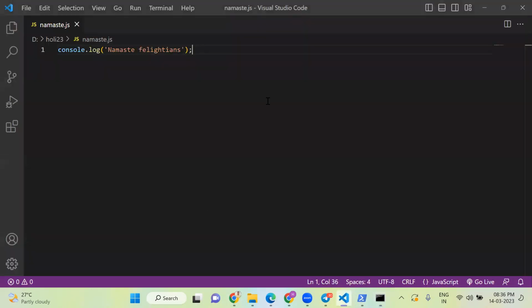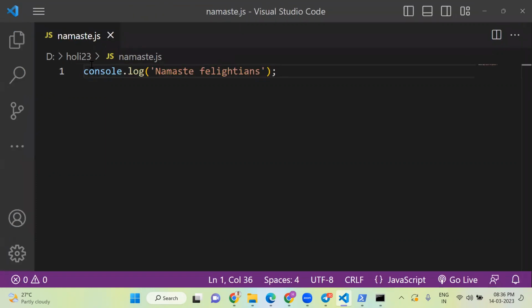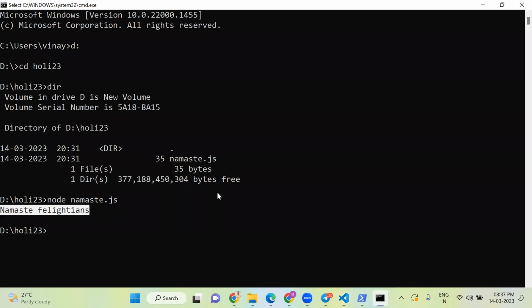So this is your assignment today. I want you to have Visual Studio Code installed and create a file called namaste.js. If you don't know the basics of commands, please watch the recording after the class, pause and do it. Just write this statement, save the file, make sure the file is saved, then come back to your CMD and execute.